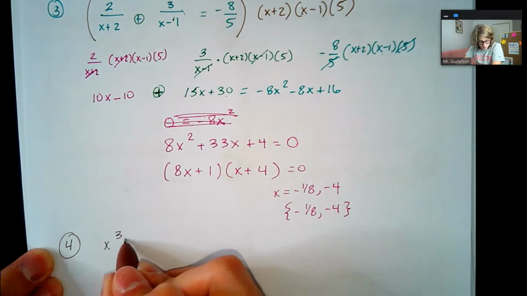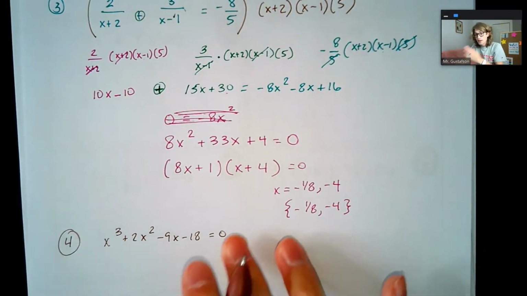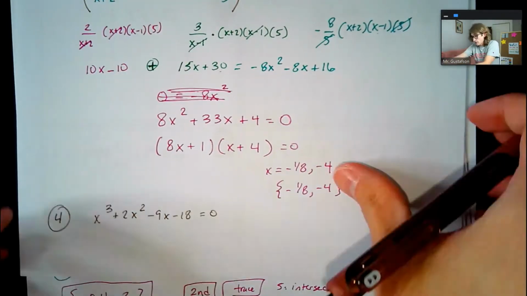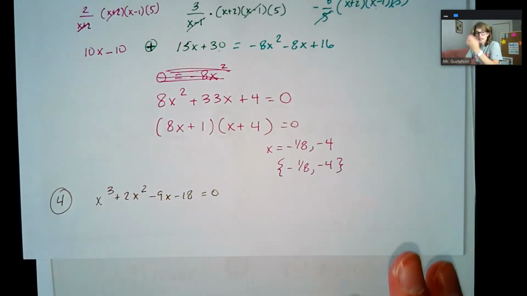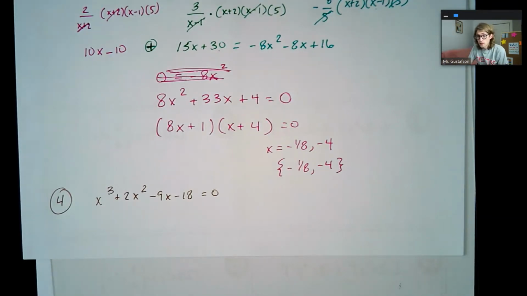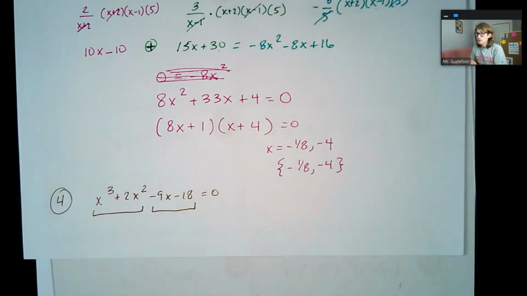x cubed plus 2x squared minus 9x minus 18 equals 0. The last thing I want to remind you of, let's get rid of this paper so you don't see the other example. The last technique I want to remind you of is factoring by grouping. Sometimes when you have cubic equations, we don't know how to solve them by hand. But if there are 4 terms, every once in a while, not always, but every once in a while, we